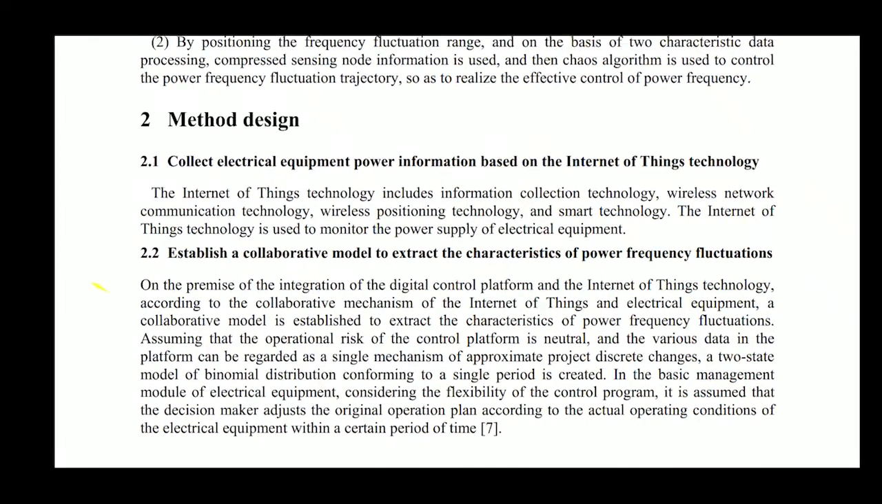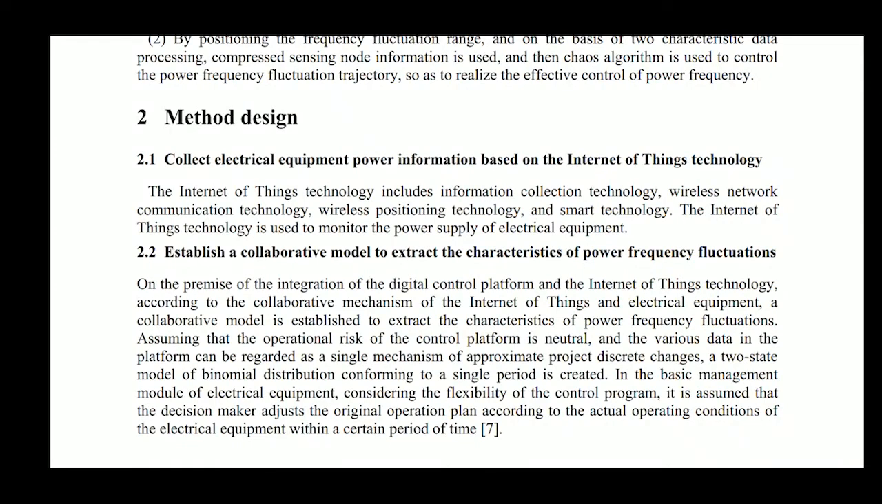The method design: collect electrical equipment power environment information based on the Internet of Things technology. The Internet of Things technology includes information collection technology, wireless network communication technology, wireless positioning technology, and smart technology. The Internet of Things technology is used to monitor the power supply of electrical equipment, and establish a